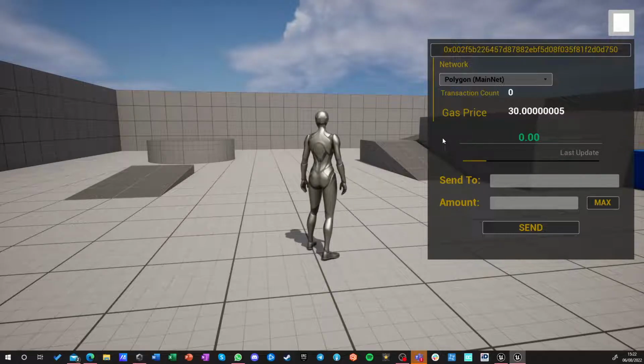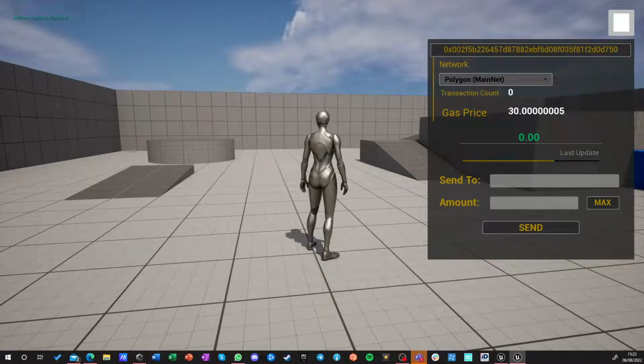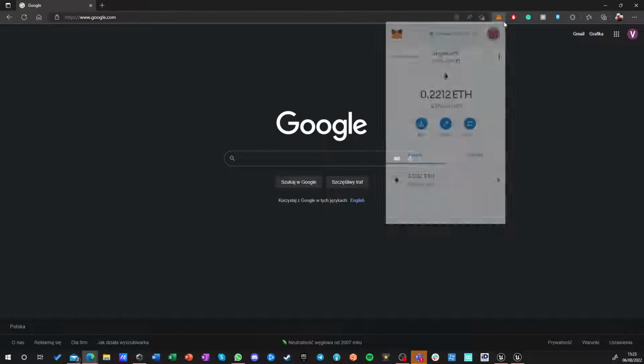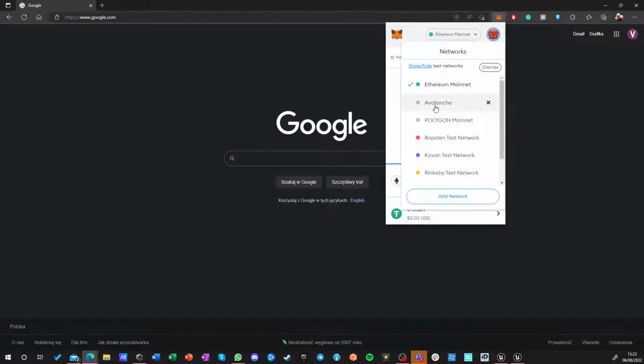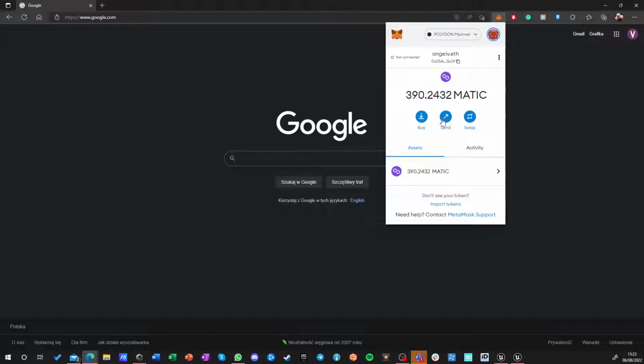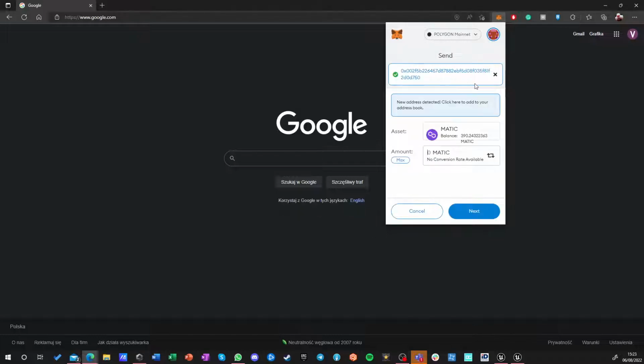Let's make a first transaction and let's put Polygon Matic coin into this wallet by copying this address, going to a new tab, and I'm going to put this tab here, and I'm going to open my MetaMask, which is my personal MetaMask. I'm going to switch to Polygon mainnet, and I'm just going to send to this wallet address